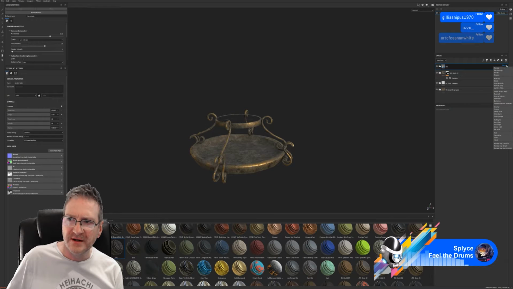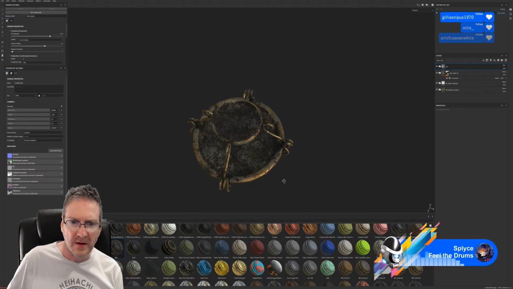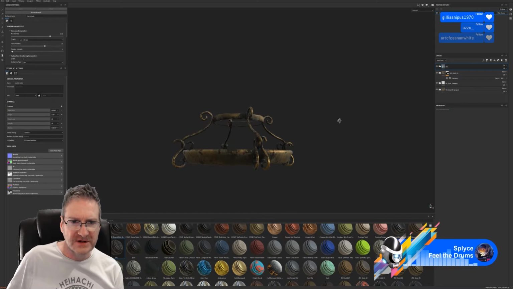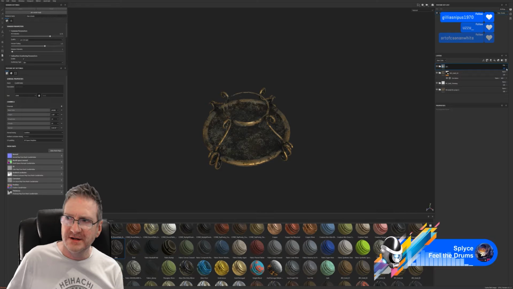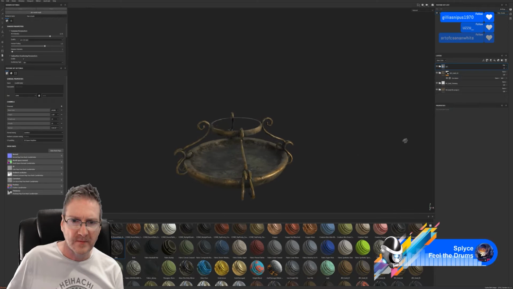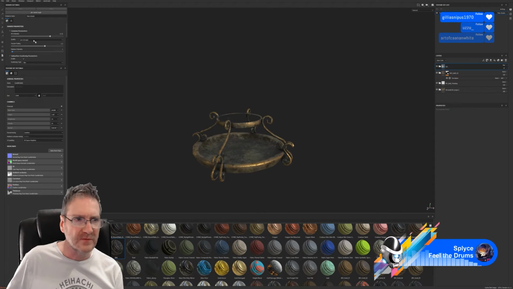Might just change the blending mode. Make it look really dirty and old. Might just pull it back just a little bit. Good. Okay, let's save that.